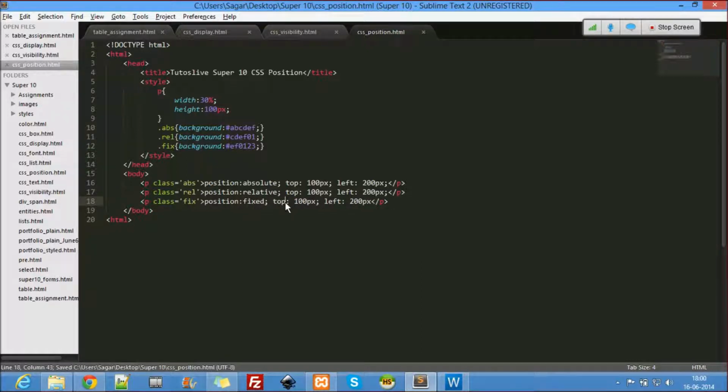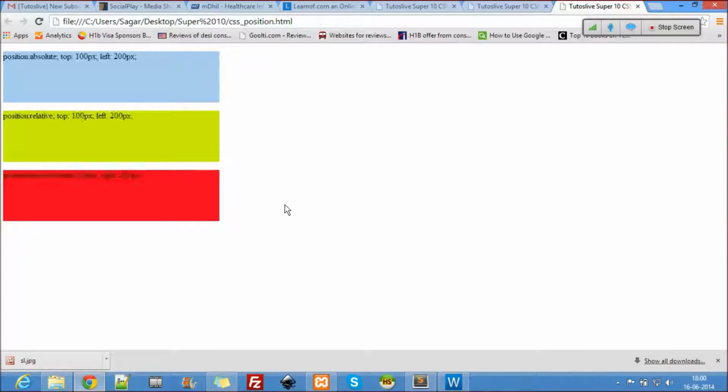For fixed, I'll say bottom, and right. Let's come here. I did not give the coordinates there yet. This is just the text.